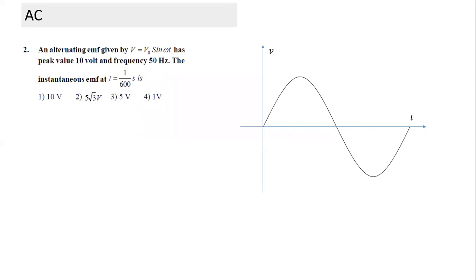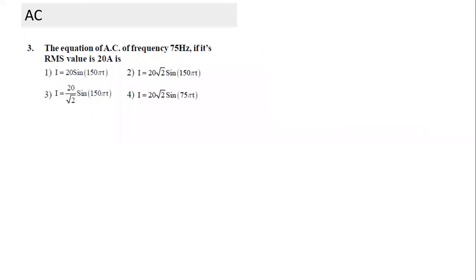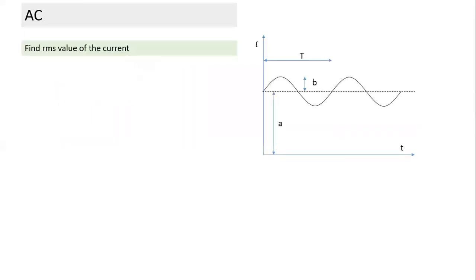What we have done so far is a basic understanding of AC in terms of phasor. We typically take AC in terms of a sinusoidal function, but in some cases it may not be sinusoidal. AC is something which keeps changing its magnitude and direction. There are some simple questions, which are for your assignment. They are simple questions you should be easily able to solve. So we'll do one more question, which is based on RMS value of current here.